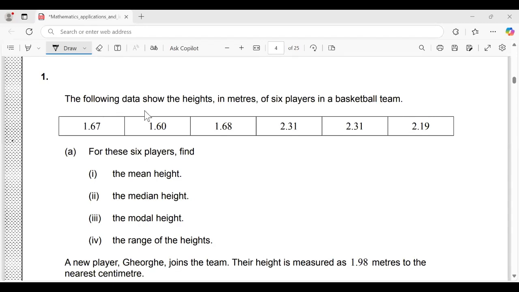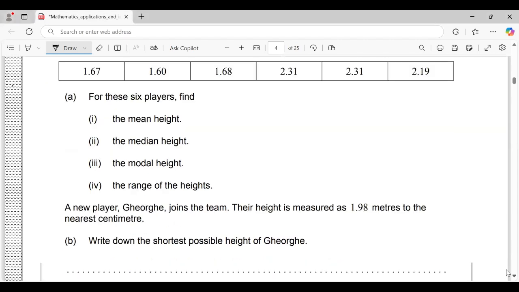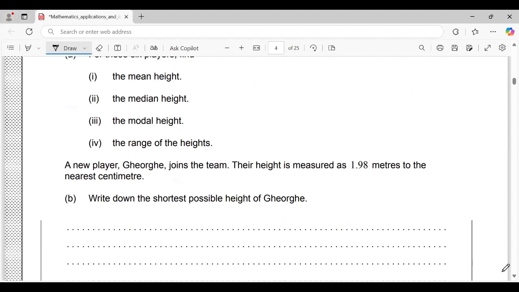The following data show the height in meters of 6 players in a basketball team. This is the data. Question: for the 6 players, find the mean height. The mean, we are going to calculate the accumulation of this data. So mean equals this data are